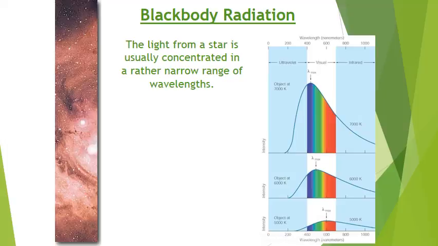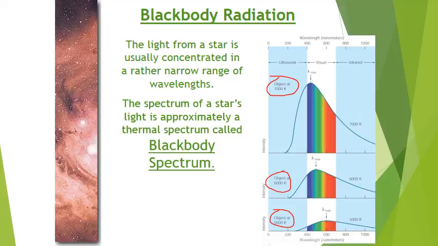Turns out, though, that not all stars produce the same amount of light or the same type of light. One of the important things for you to understand is that we're looking at 3 different stars here, and these are different temperature stars. Notice that it's listed as 7,000 K, 6,000 K, 5,000 K. K stands for Kelvin. Those are different temperatures. So again, the higher the number, the higher the temperature. So cool star at the bottom, medium temperature star, and then a hot star.